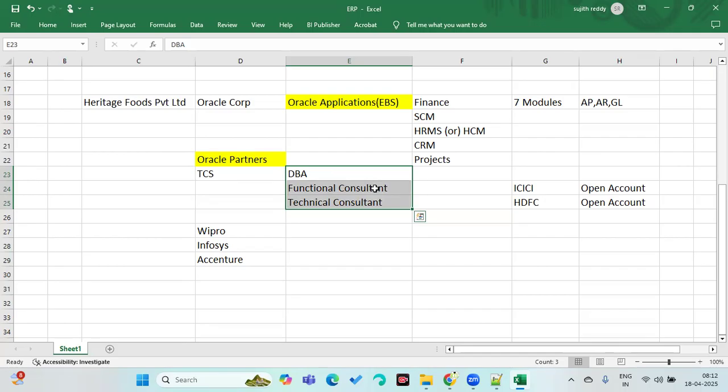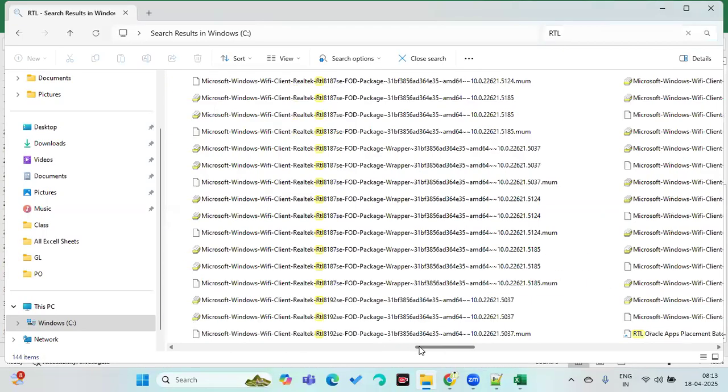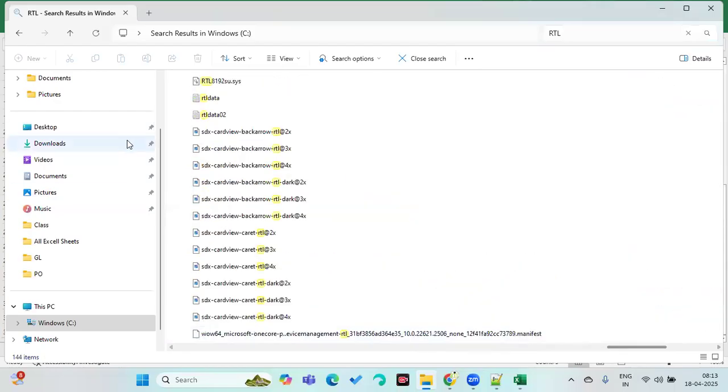It doesn't mean they should not call it software engineer, but I'm telling you the official words. When you go for an interview and you say that you're working in Oracle apps, they ask: are you apps DBA, or functional, or technical? Consultant, functional or technical. So these are the three roles we will find: DBA, functional, and technical. Now we'll see the roles and responsibilities of these.